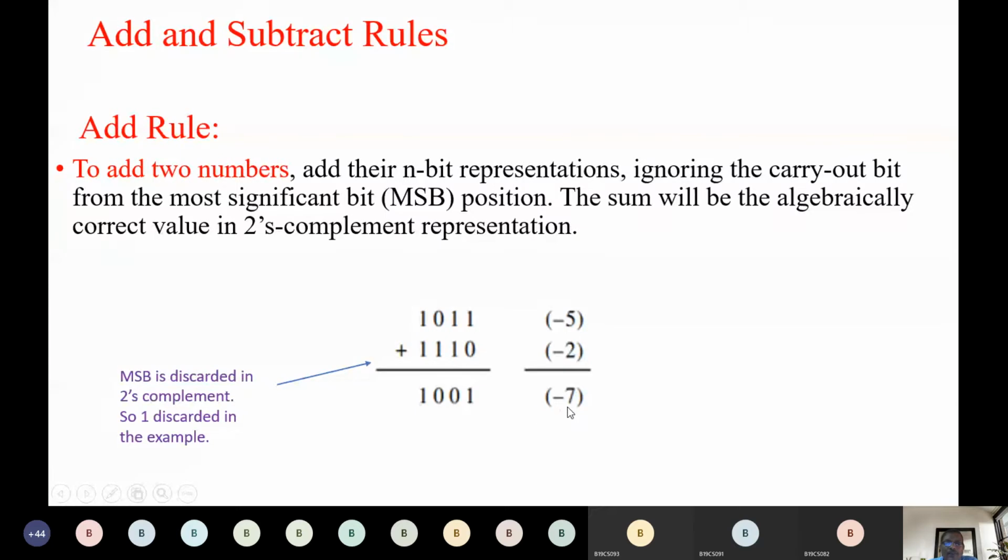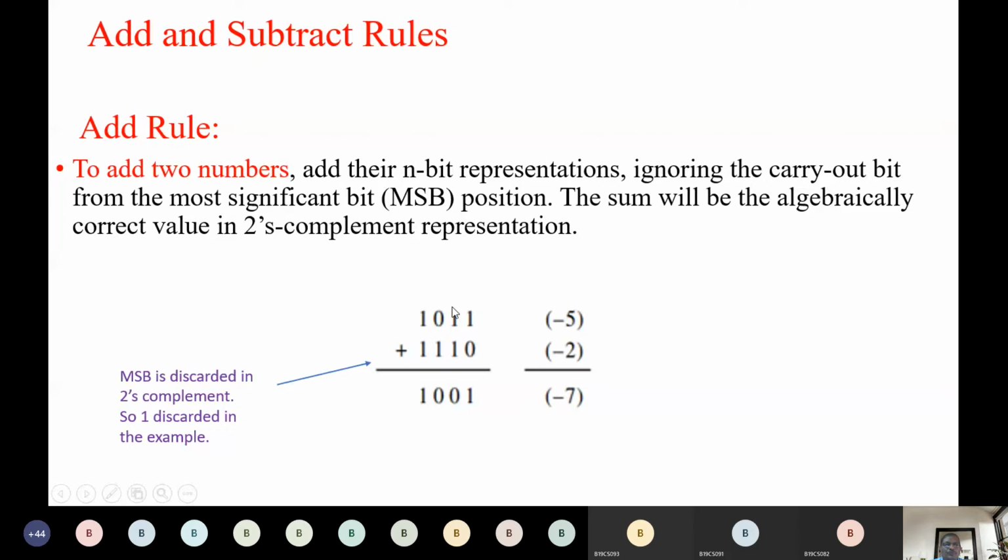In 2's complement, this one we call -7 only. Because I already said, 3 bits means 8 minus 1, it's 7, and the starting bit is 1 because it's minus. 1 means minus, 0 means plus, I said. So 1 means minus 7.